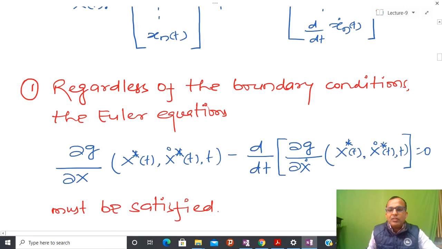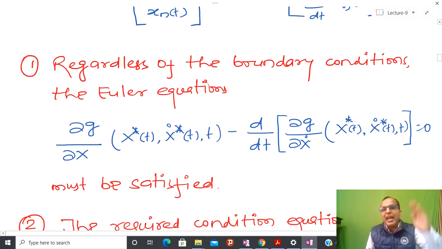So now you can see that, just like when the functional contains only a scalar argument, its derivative as well as time, we have to solve the Euler equation, a similar thing comes into the picture here, but in matrix form. So whenever I write dou g by dou x, it means that I have to solve the Euler equation, and if I have just one argument, then I have to solve a second order time varying nonlinear differential equation.